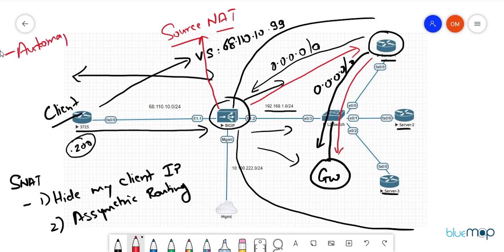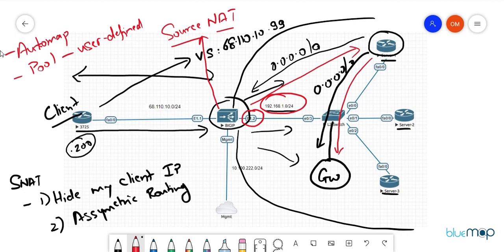Okay, and the second option which you have is a pool list. What happens in Automap? In Automap, it will use this interface IP address. In pool, it will use the user defined IP address. And both these IP addresses, whether it be Automap or user defined, will belong to this particular pool over here,